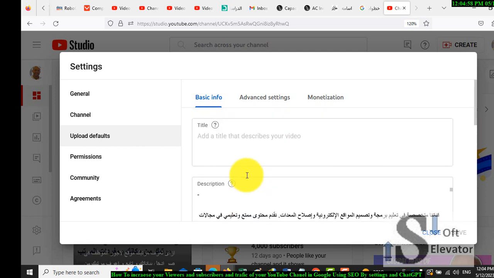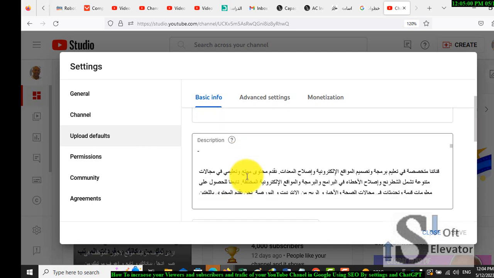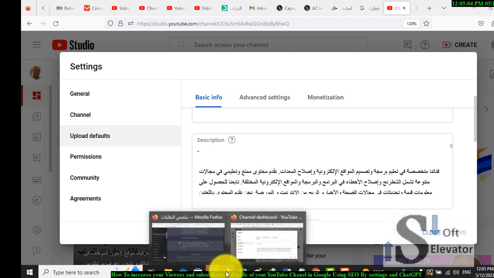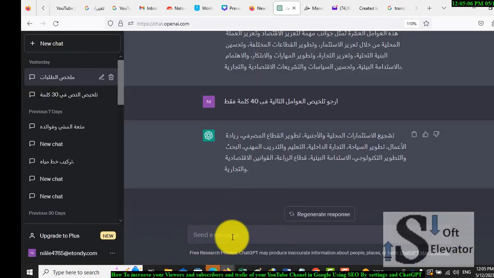So the description and the keywords, how to get them, it's very simple and very easy. You get them using ChatGPT. You go to ChatGPT and you tell ChatGPT 10 sentences